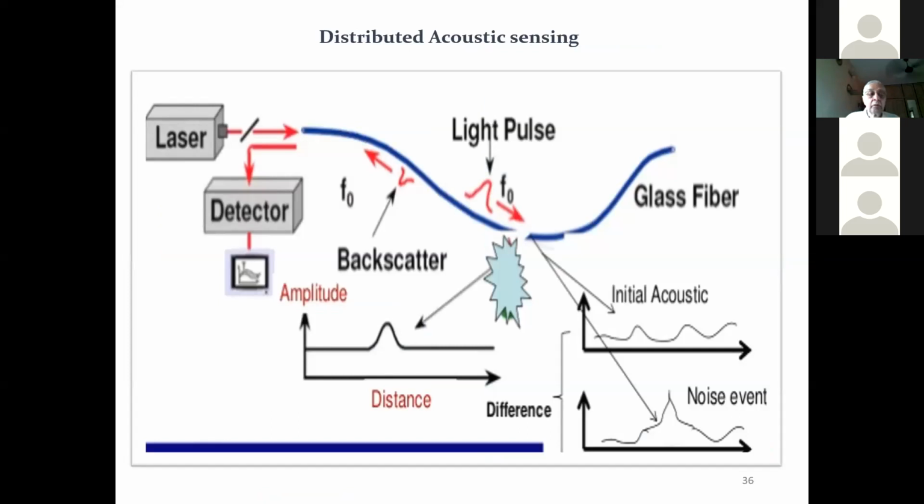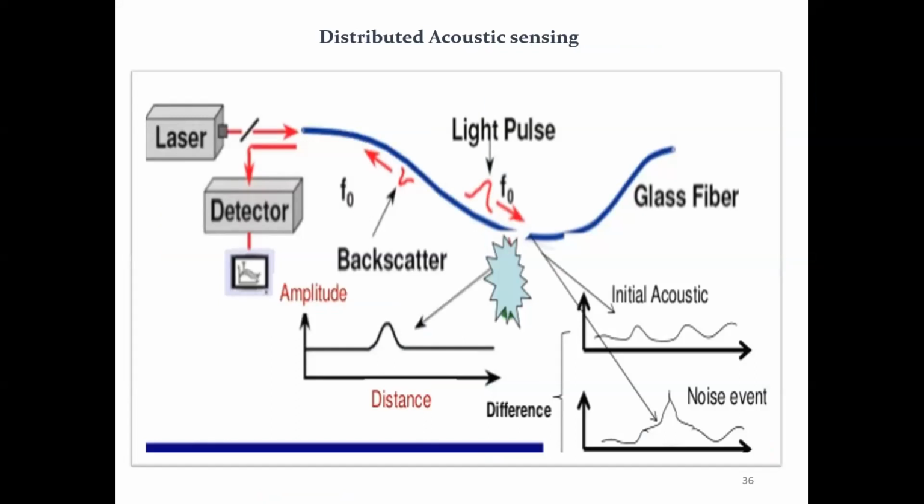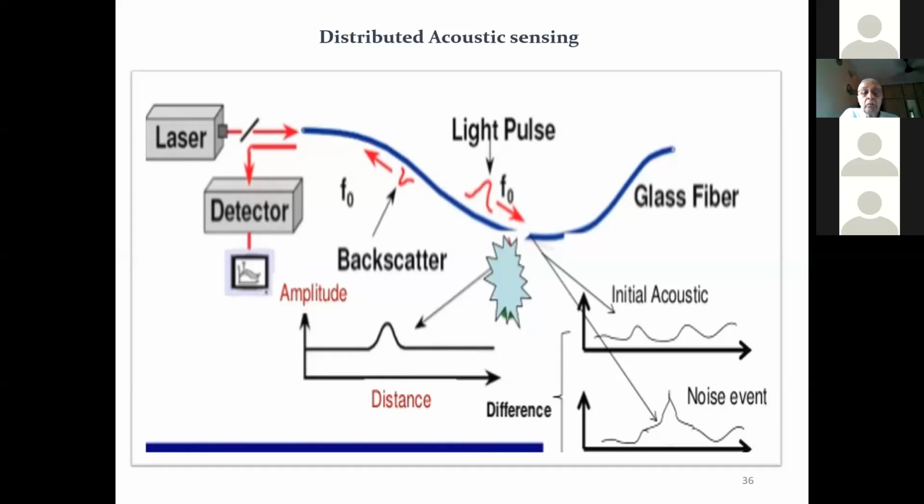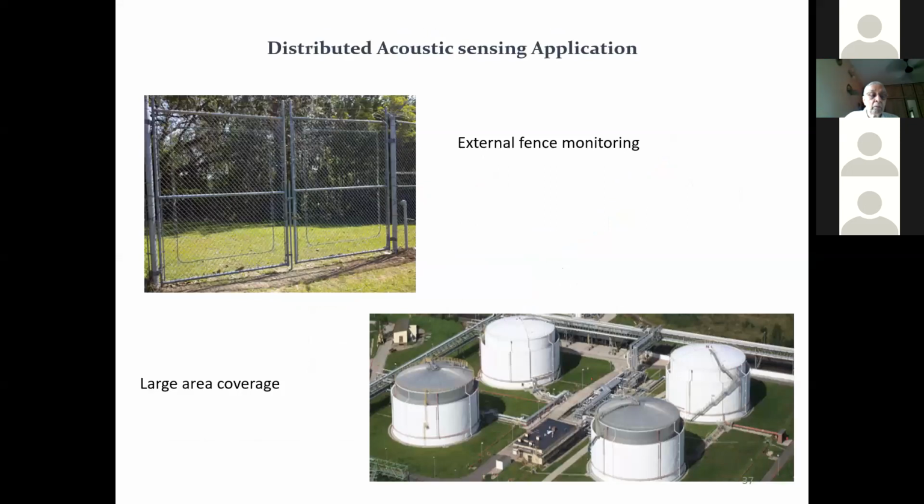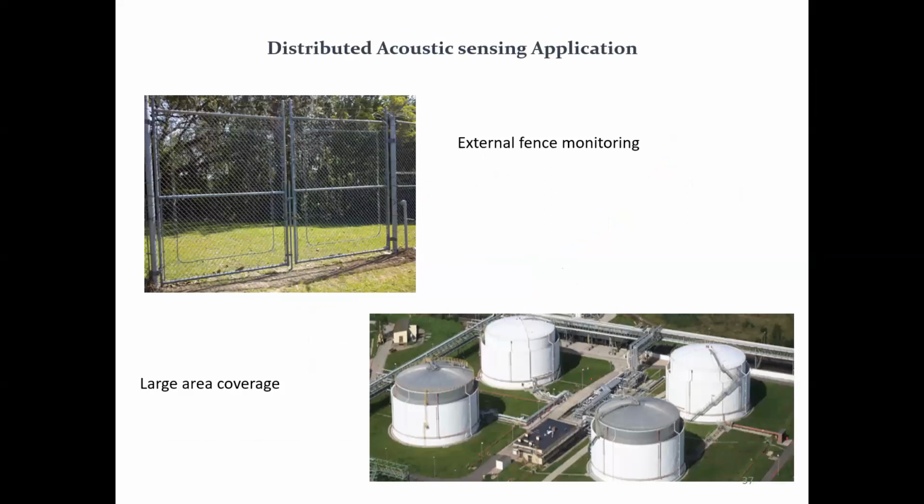Then, in the same way as we sense temperature, we can sense acoustic, meaning vibrations also. Vibration in the form of acoustic waves changes the backscatter, this is the Brillouin scattering, and it can be sensed in similar fashion. And here it is simple optical fiber, we are not changing anything in the optical fiber, right? The optical fiber itself is the sensing element. Similarly, we can sense pressure and vibrations using distributed acoustic sensing. A typical application of acoustic sensing is intrusion detection, right?